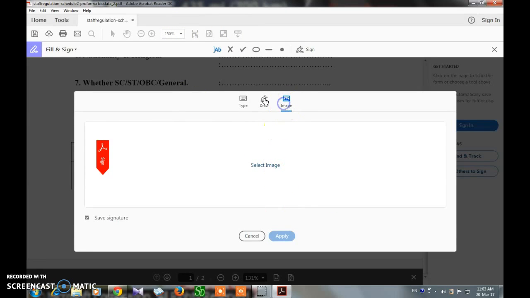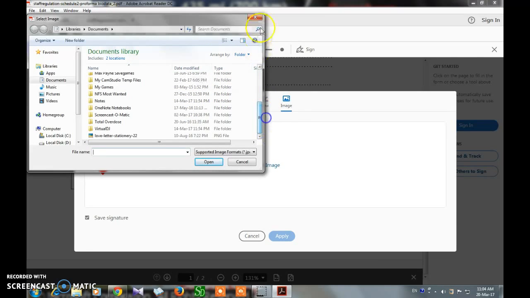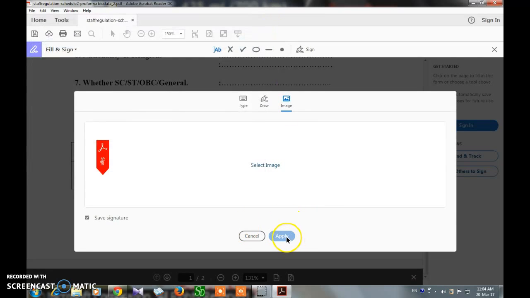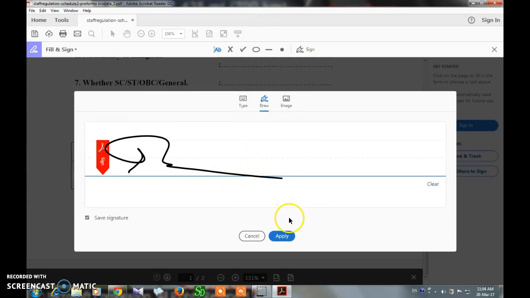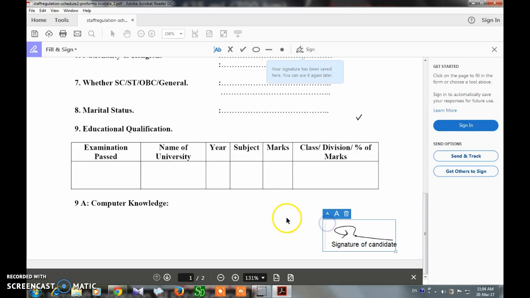When you click on it, the browsing option will be here. You can select any signature. Then you can click on apply like this. I will click here apply. Okay, I will get this here. When you save a form with a signature or initials, you will no longer be able to edit the existing form. Okay, you can place it here like this. This signature. Okay, I don't want to give my signature here.